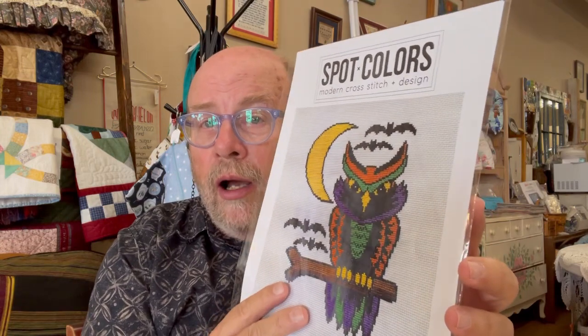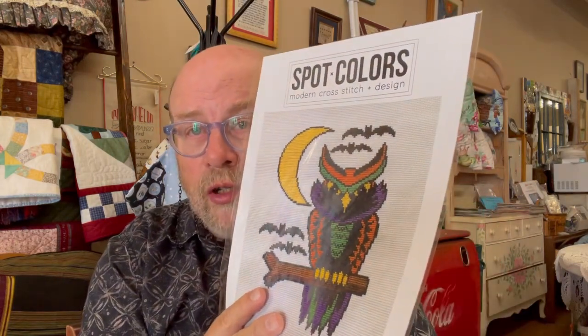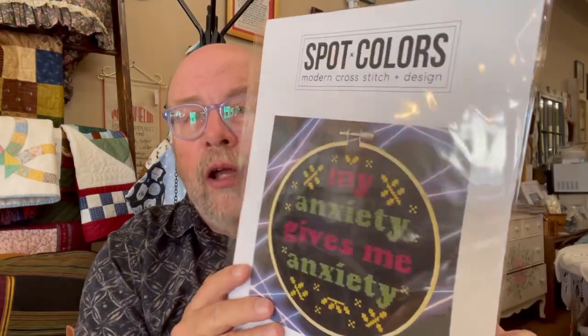Spot Colors, they always make me laugh. These are great if you have some young stitchers in your life and you want to find something that they would enjoy. Check out Spot Colors. This is a great one probably for Halloween. And then they're great with these sayings. My anxiety gives me anxiety. So check out Spot Colors. I've got a nice variety of their things from past years,